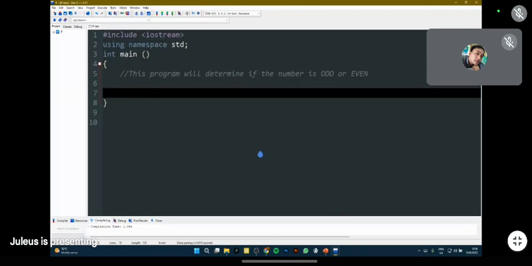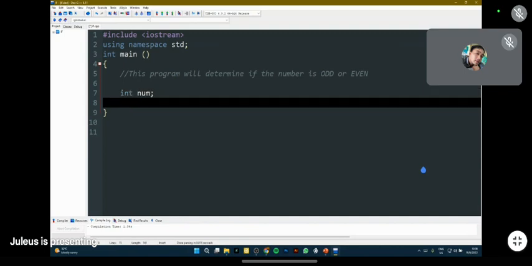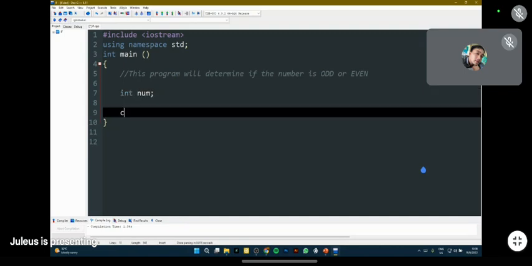So we will use input output function. So let's say, first of all, we'll create the variable. So we will use int, and then let's call it, let's say num1 or just num. And then we have our first variable, and we will use input and output function. So first we will create an output